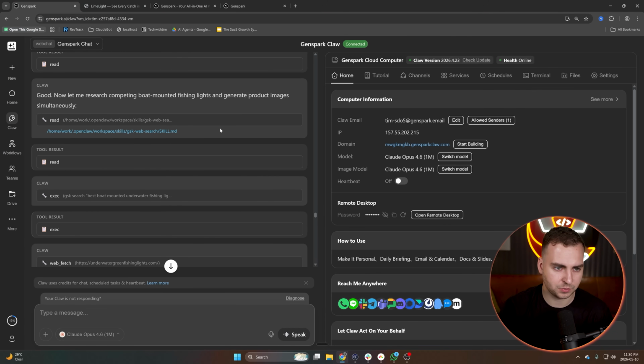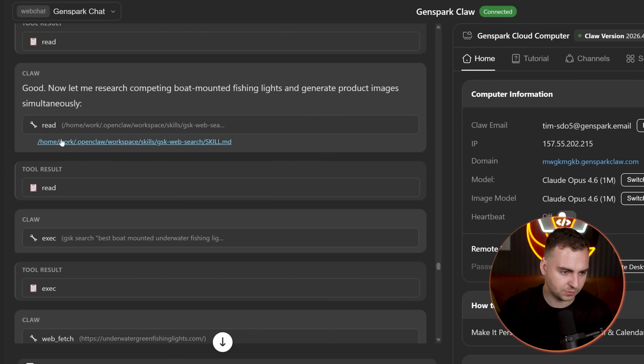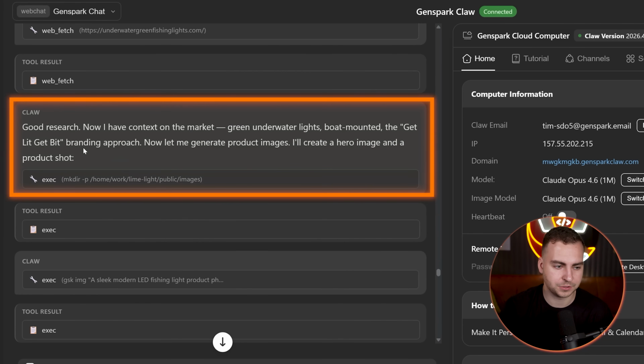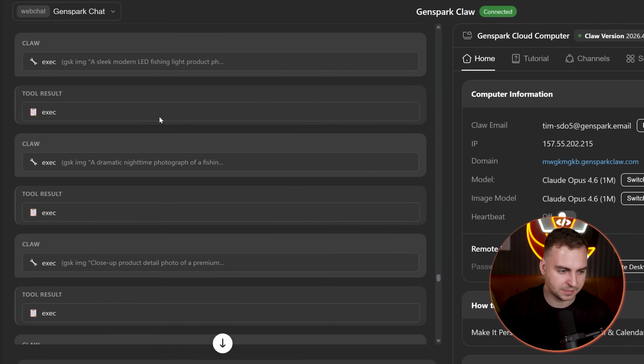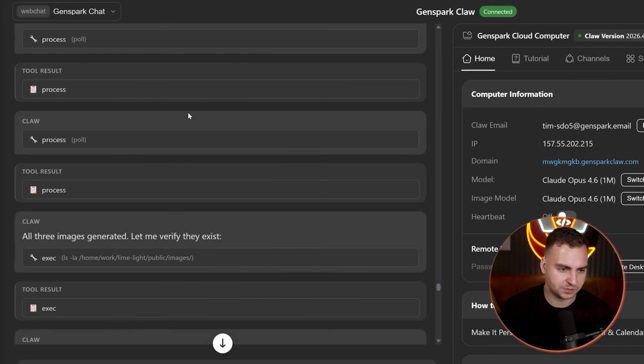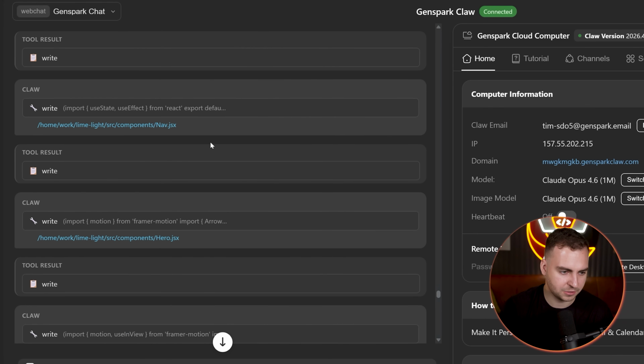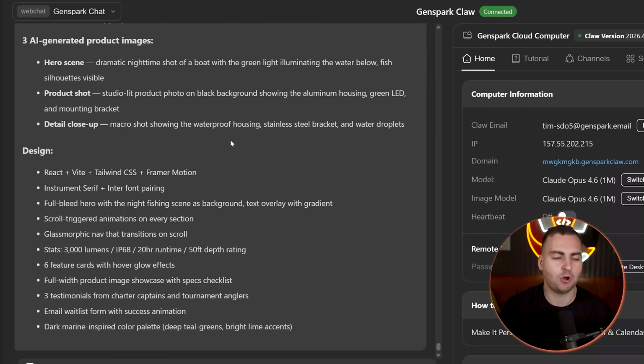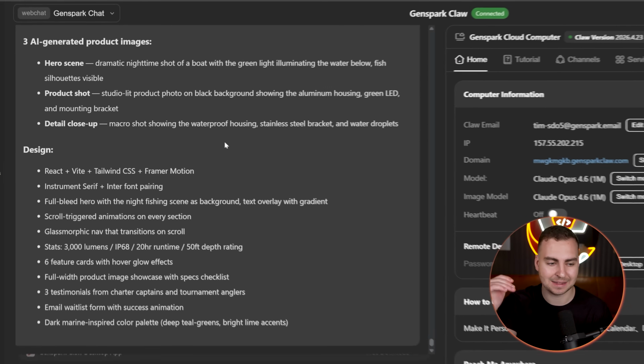Okay, so it just finished. I just want to run through the log so you can kind of quickly see what happens. You see it actually started looking at skills that are pre-installed in here for doing like research, for example. You can see it found information, like fishing related stuff. Let's wait for image generation to complete. Okay, all the images are finished. And it went through and it did all of the steps without us needing to ask it step by step.